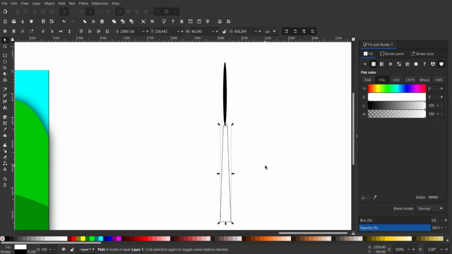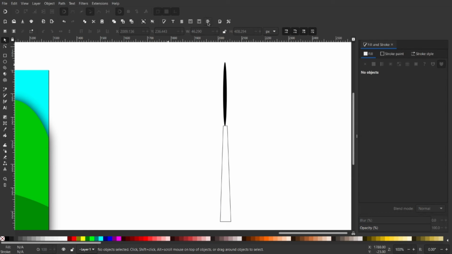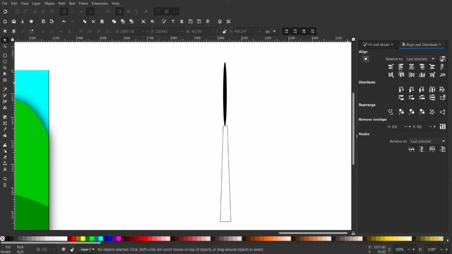So for that, I'll go to this option that shows align and distribute objects, or you can just press Ctrl Shift A on the keyboard to open up the align and distribute menu, and make sure that you have relative to last selected from the drop down menu, and then just press this ellipse we just created, then hold Shift and then press this and make sure you have center on vertical axis,